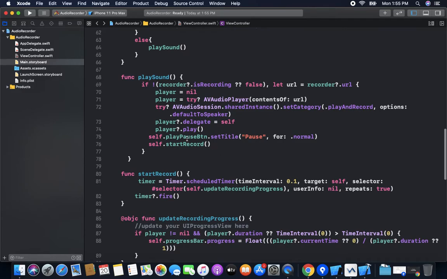So what we have done here: when we play the audio, we just start a timer.